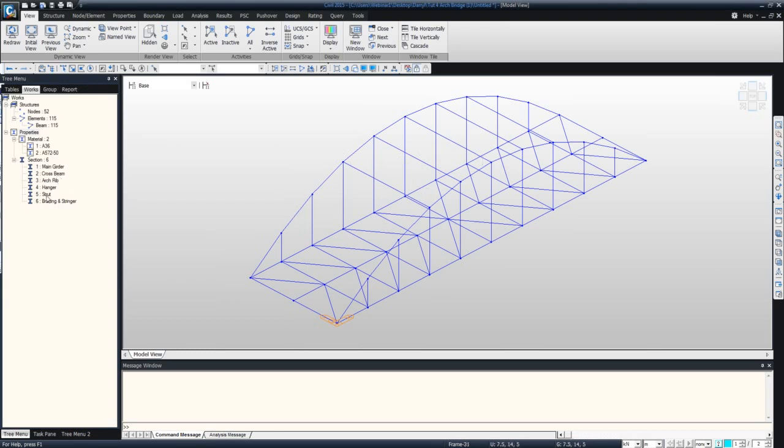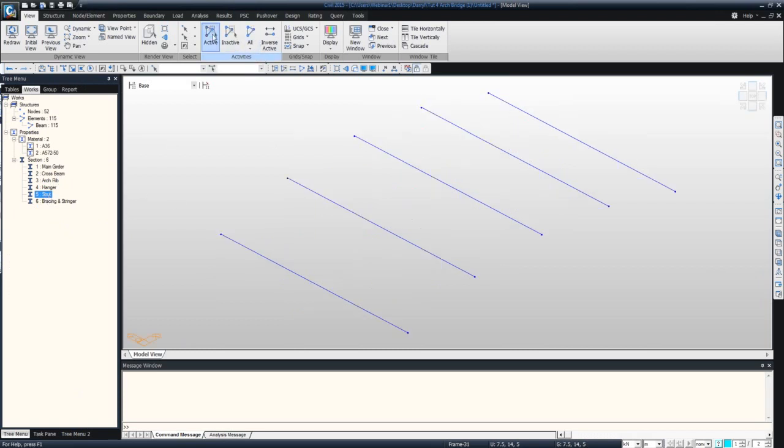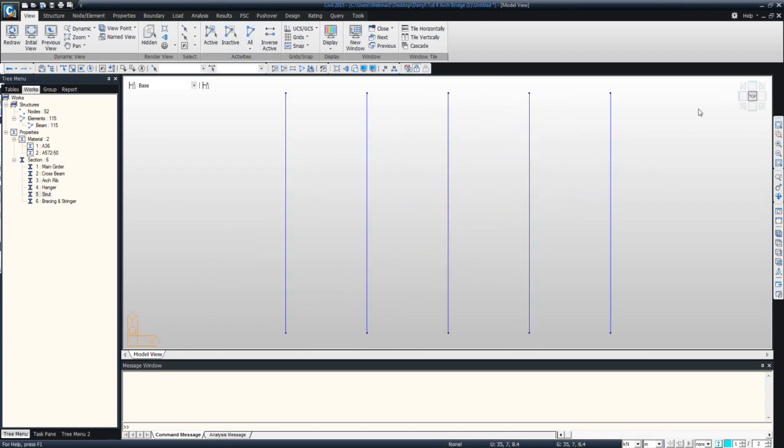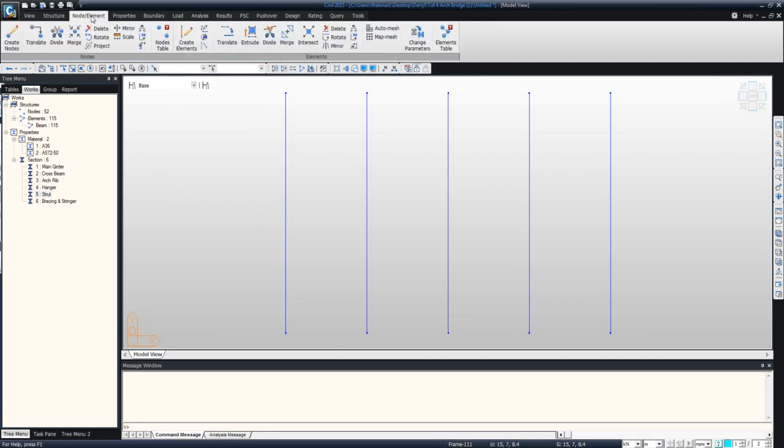So let's go here, and activate that only. Now let's go to the overhead view. Now we can very easily create our bracings here, because all of the other elements are deactivated, so we don't have to worry about accidentally assigning them to the wrong node. Let's go to Element, go to Create,